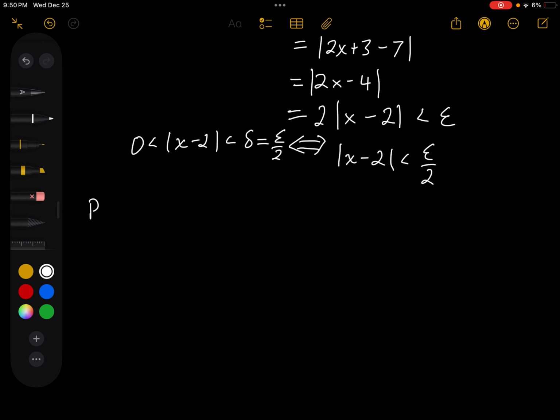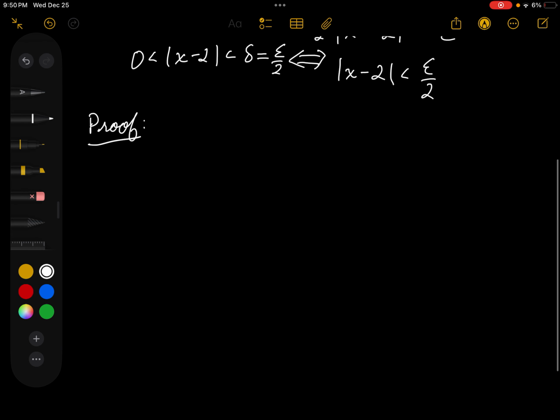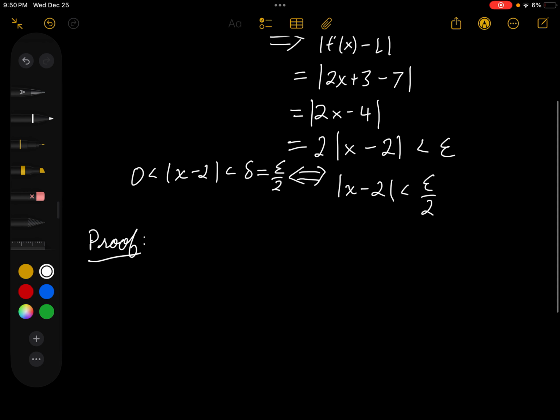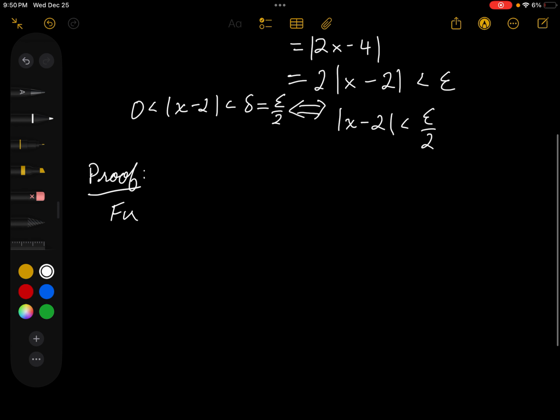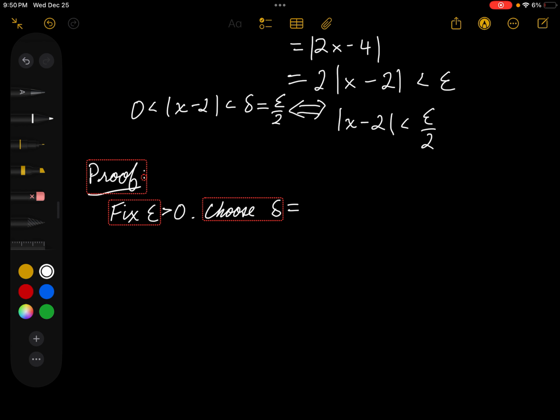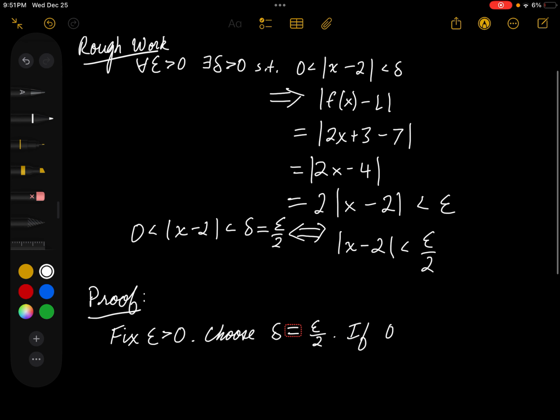Yeah? Makes sense. Alright, so let's do this formally. So here we'll write down proof. Okay? Proof. And we'll basically write this out in the correct order. So we'll fix epsilon, or let, whatever you want to say, to be greater than 0. Choose delta to be equal to epsilon over 2. Alright. And now we can say if the assumption, which is 0 is less than |x minus 2|, which is less than delta, then